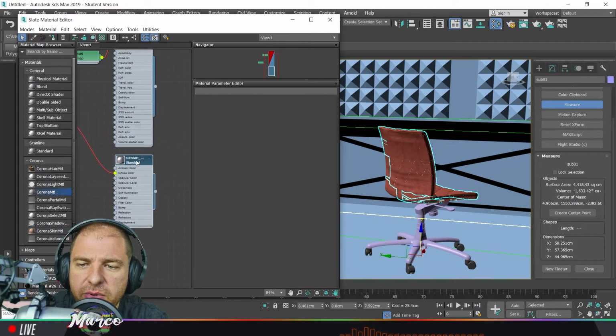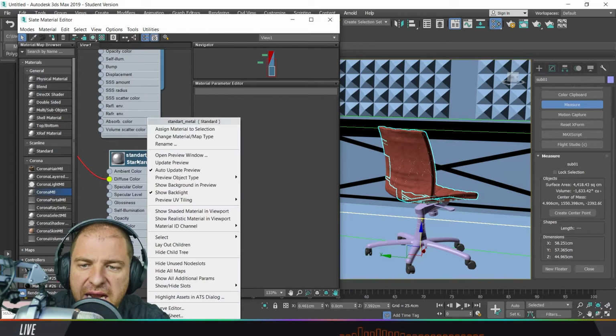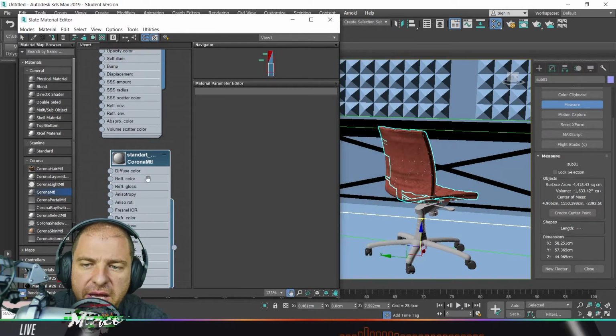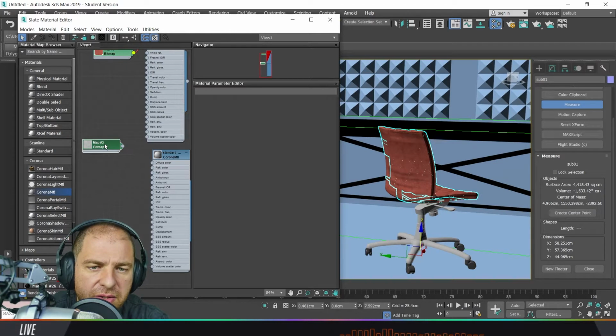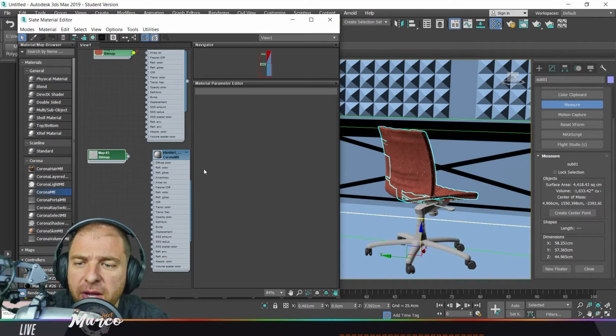and what I will do is I select my material that is a standard material, not a Corona one, and I will right click on it, and I will change material map type, and I will turn this material into a Corona material. In this way, unfortunately, the link with the map is automatically deleted, but what I gain is that wherever this material was applied, it is still applied. So I have simply now to re-link